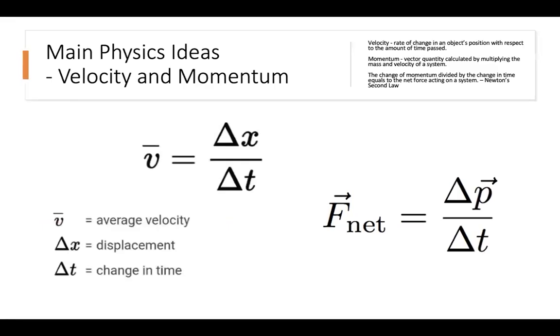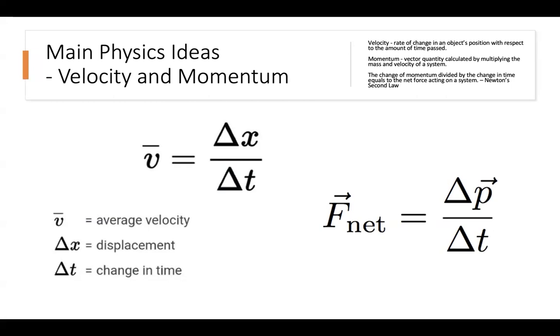The first main physics idea used is velocity and momentum. Velocity is the rate of change in an object's position with respect to the amount of time passed. Momentum is a vector quantity calculated by multiplying the mass and velocity of a system. And according to Newton's second law, the change in momentum divided by the change in time equals the net force